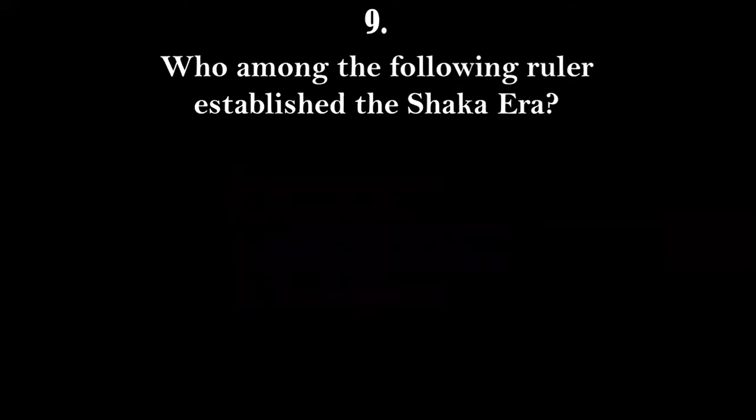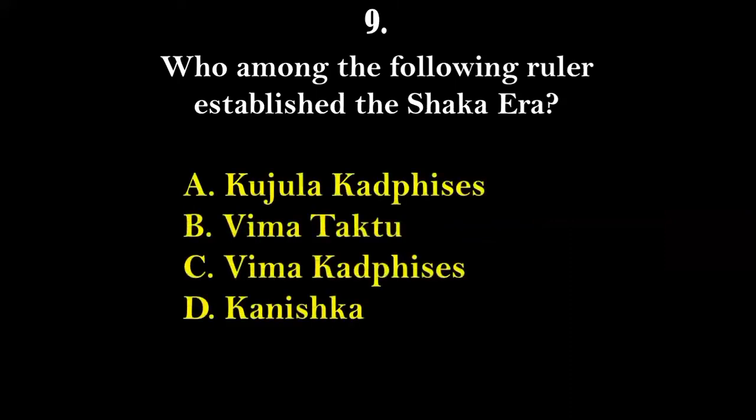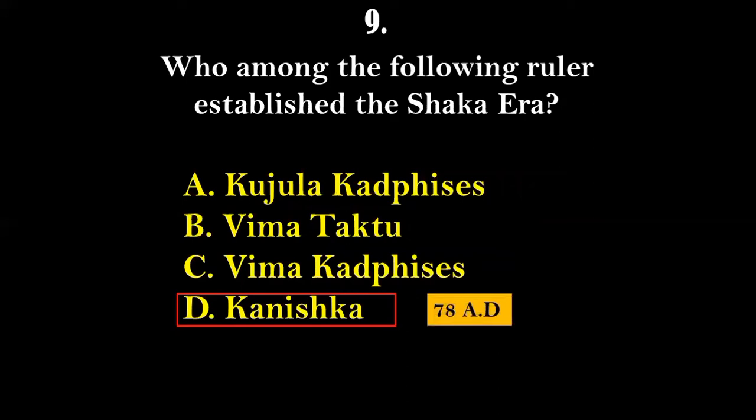Next, question number 9. Who among the following rulers established the Shaka Era under the Kushan Dynasty? Options given here are the same rulers: Gujula Gutfasis, Vima Daktu, Vima Gutfasis, and Kanishka. And the right answer for this will be option number D, that is Kanishka. We should keep in mind that Kanishka ascended the throne at about 78